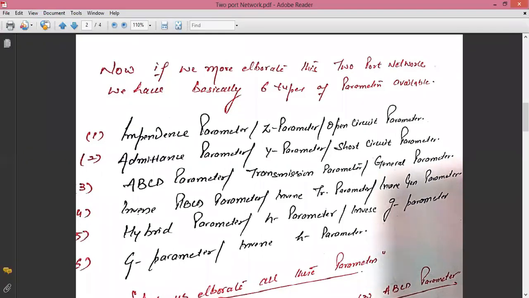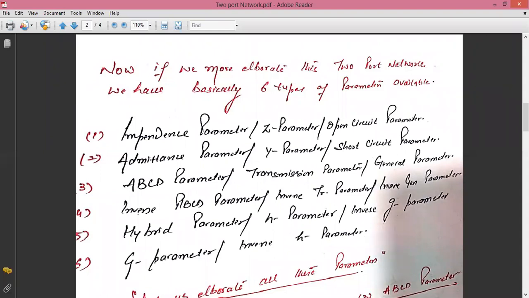So that means the chapter, the course that we have started, basically comprises 6 parameters, and we have to discuss these parameters one by one. And you see, when you discuss these parameters one by one, every parameter has an interrelation.